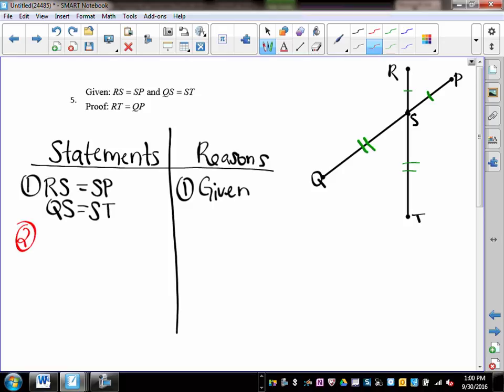And remember, segment addition postulate. Well, let me first write down that. All right, so we're trying to get to the whole segment RT and the whole segment QP. So the measure of segment RT is made up of,